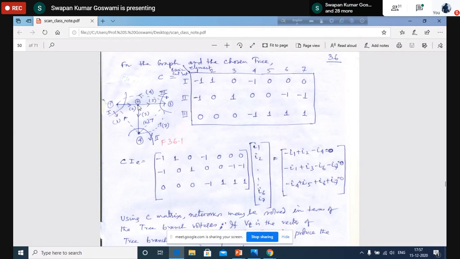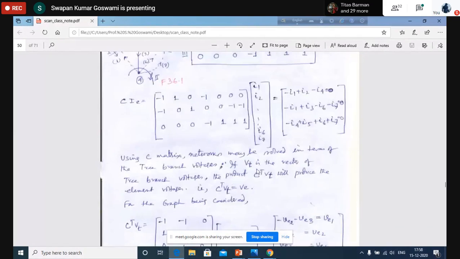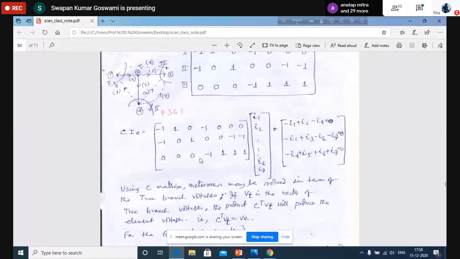So what can we write? V3 plus V6 minus V5. So V5 equals V3 minus V6. So I want to find V6. If we take the summation,